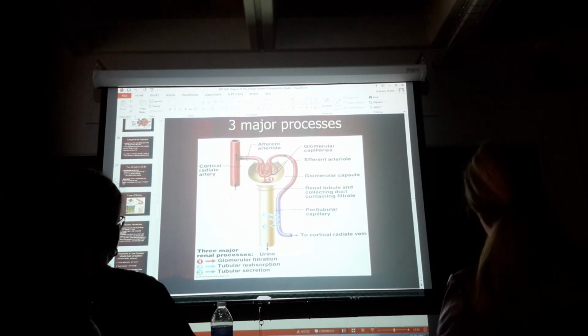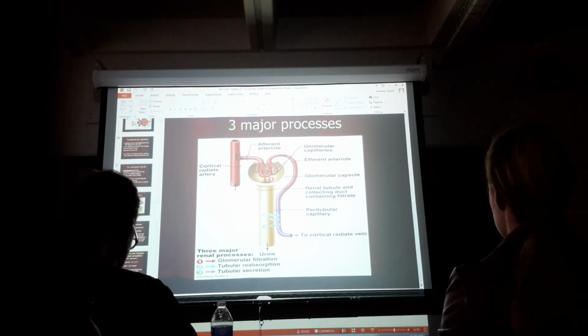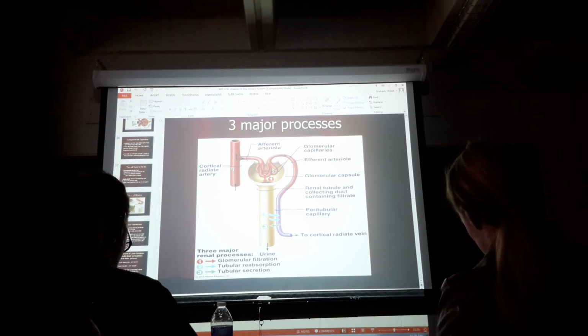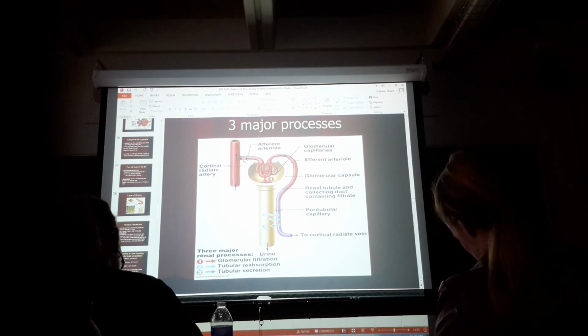That's the whole cycle. We're trying to get blood in, and we're coming in at like 95 millimeters of mercury pressure. Then we're coming in at about 85, so it drops about 10 because the diameter changes a lot. And then we're going to filter, then we're going to reabsorb,